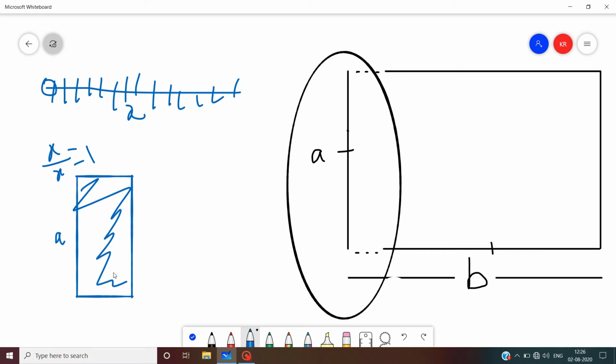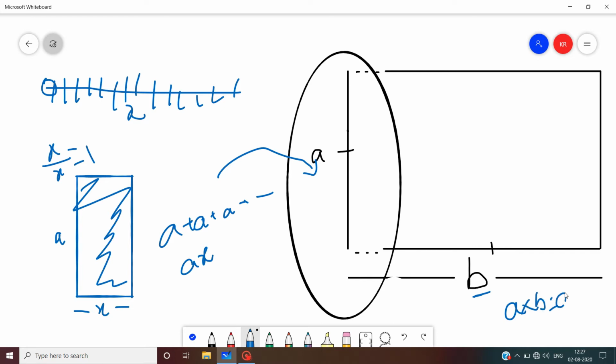That is called area. So when it has covered a distance of x, the line is swept over the distance x, so it will be a added x times, which gives a result of a into x. So in the derivation, when x is replaced with b, we get a times b, that is ab. So this is the derivation of the rectangle.